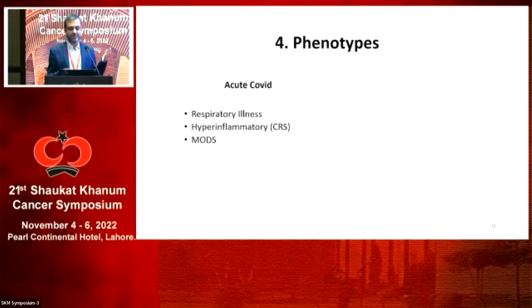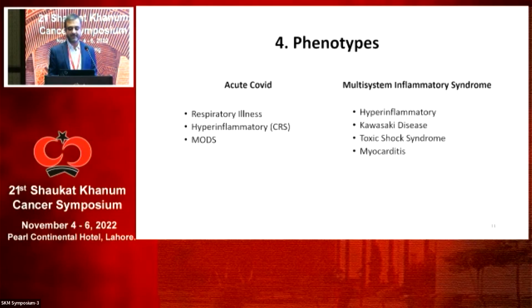Then the other phenotype in acute COVID is respiratory illness, like development of upper or lower respiratory tract infection, and that can go on to ARDS. And third, if this continues to happen, then it can progress to severe sepsis and a multi-organ dysfunction syndrome. The other big phenotype in these children is a delayed phenomenon that is immune mediated, and this is called